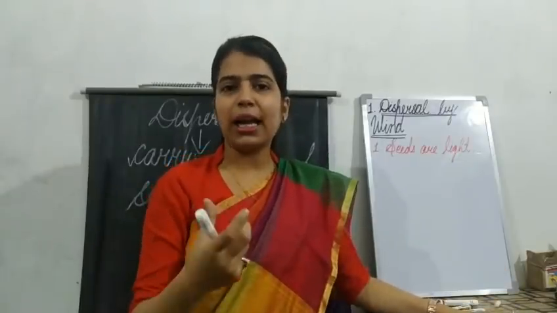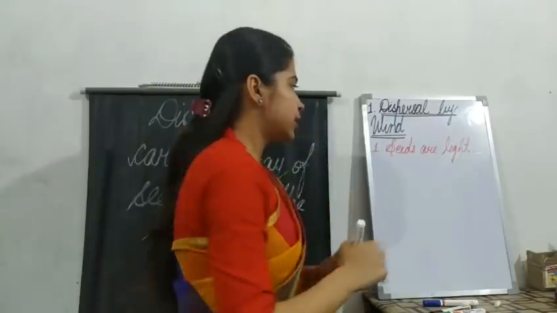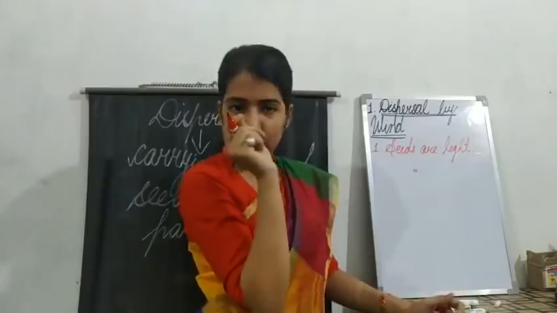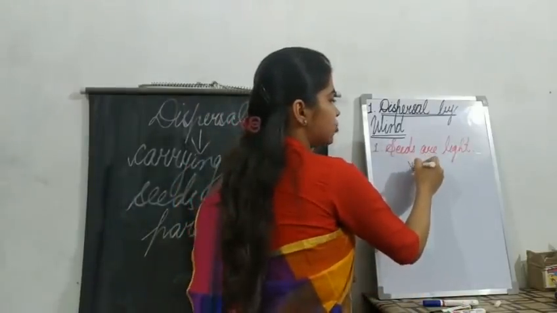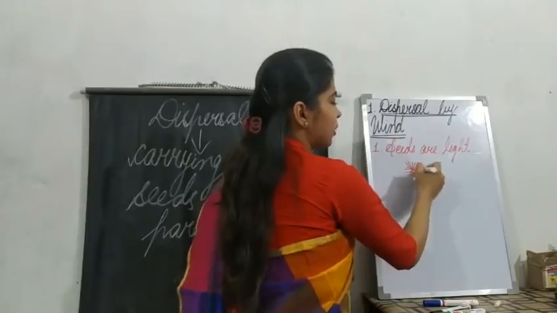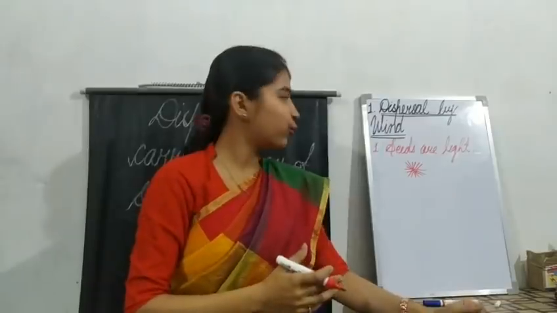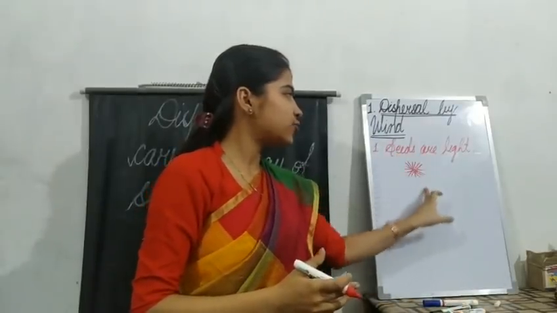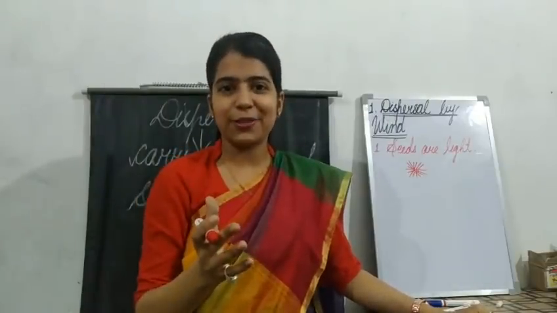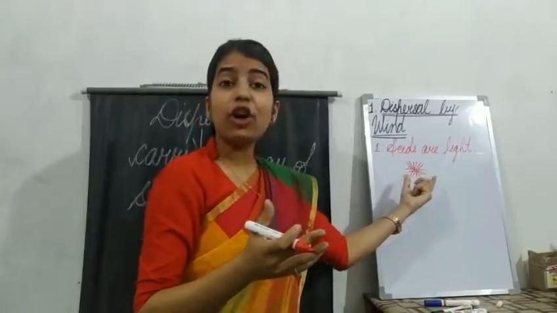Milkweed, madar, have you seen? If you see, they have a hairy structure. Means the seed is in the center, brownish, and they have a hairy structure like this. I think mostly you must have seen this structure. Whenever you sit in the class, sometimes very strong wind blows and this hairy structure you get to see coming. Sometimes you play also in the class, no? With that. So this is the seed of a milkweed.